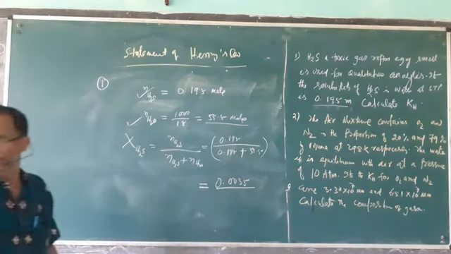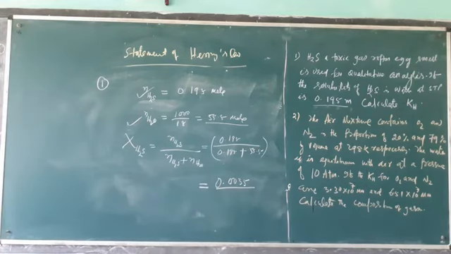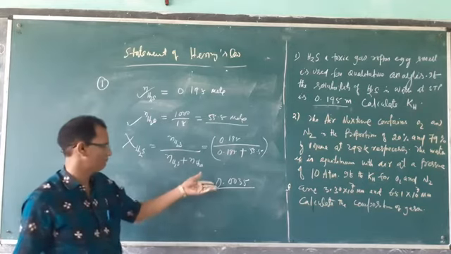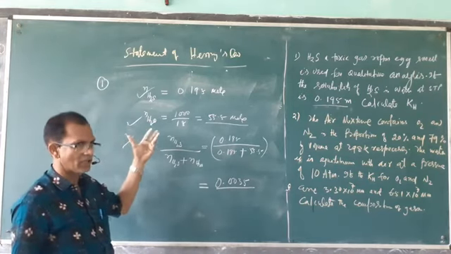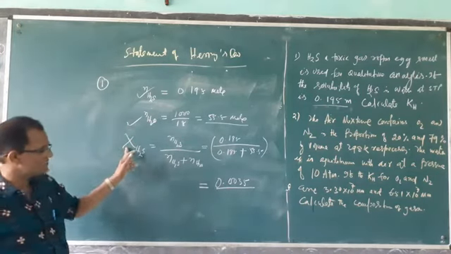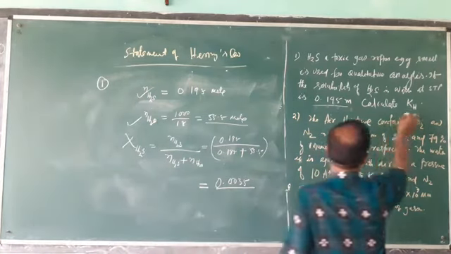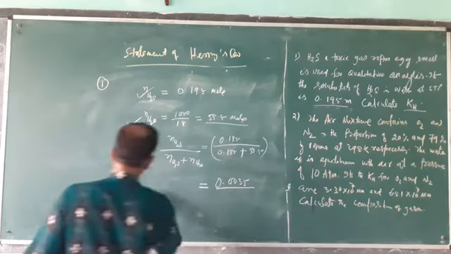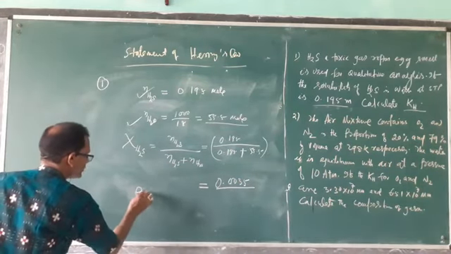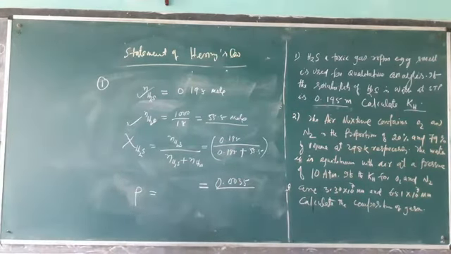This is the mole fraction of H2S. Mole fraction means solubility, as we already discussed in Henry's law. Mole fraction is the same as solubility. Then the question is to calculate the KH value. So what will the KH value be? We know that pressure is equal to... what is the pressure of the gas?